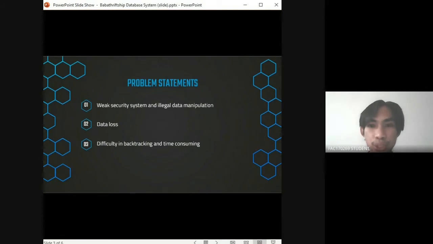This will consume a lot of time for tracking down the data from one application to another. Therefore, it will decrease the productivity of the business.